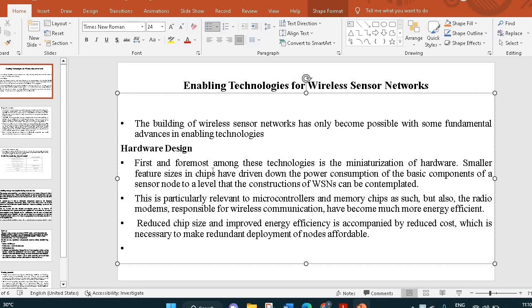First one is hardware design. First and foremost among these technologies is the miniaturization of hardware. Smaller feature sizes in chips have driven down the power consumption of the basic components of a sensor node to a level that the construction of WSNs can be contemplated. This is particularly relevant to microcontrollers and memory chips,